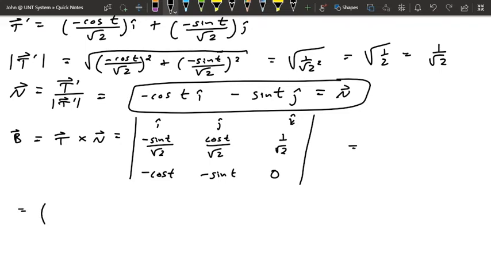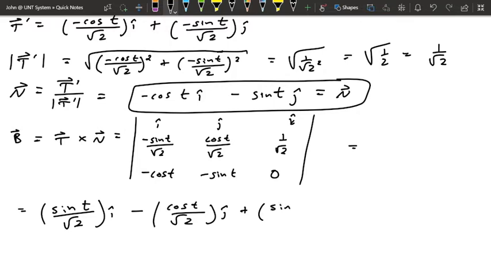So there's going to be i, this cosine thing times 0 is 0, minus negative sine t over root 2, double minus is positive, minus, then the j, similarly the sine t over root 2 times 0, which is 0, minus negative, which becomes plus cosine t over root 2, and then the k,